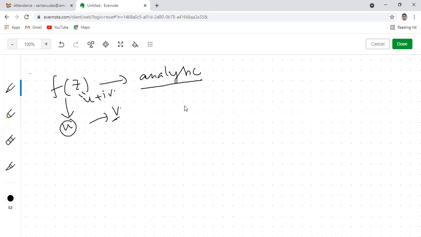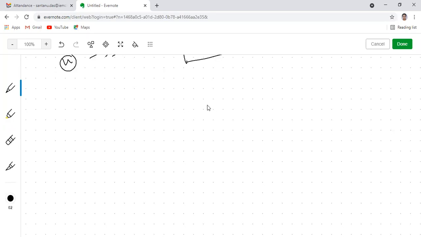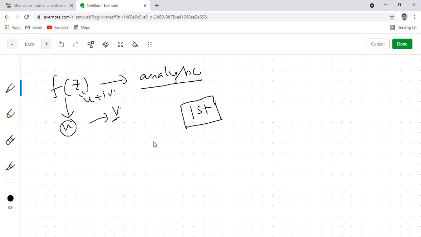So we are going to discuss the first method. What is the first method? While discussing it, you should have the idea of the exact differential equation. You have studied it earlier. Similarly, you know the definition of total differentiation. So what do you need to identify? You need to identify v.